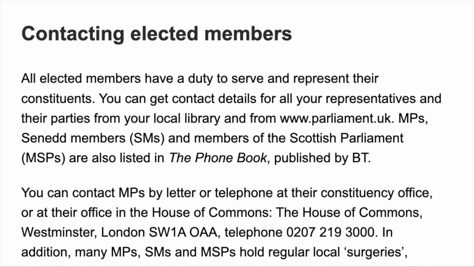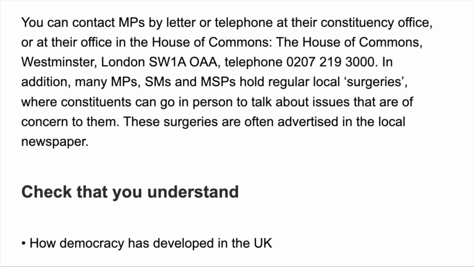MPs, Senedd members, AMs and members of the Scottish Parliament, MSPs, are also listed in the phone book published by BT. You can contact MPs by letter or telephone at their constituency office or at their office in the House of Commons. The House of Commons, Westminster, London, SW1A 0AA. Telephone